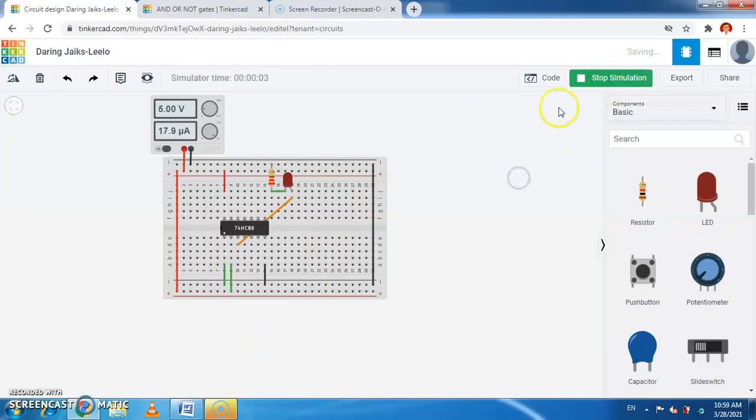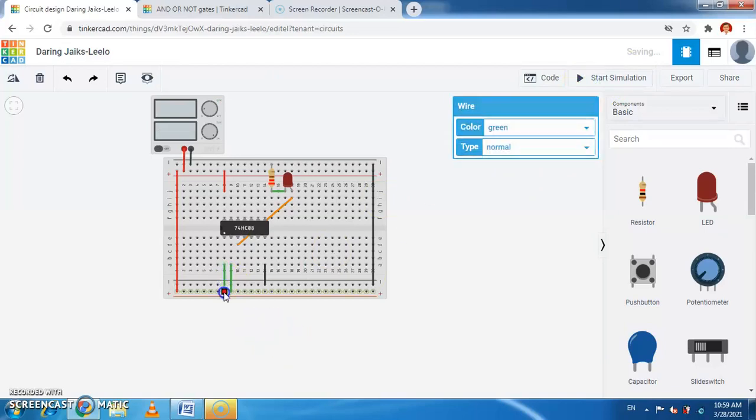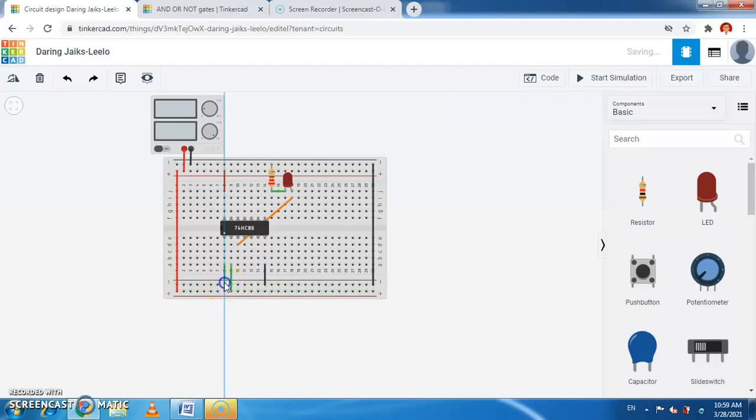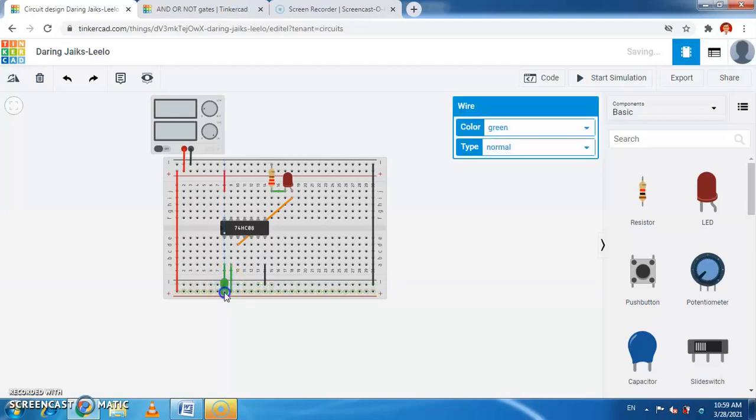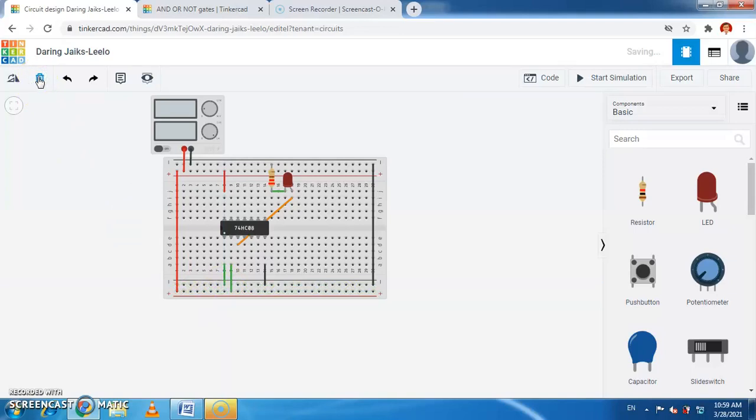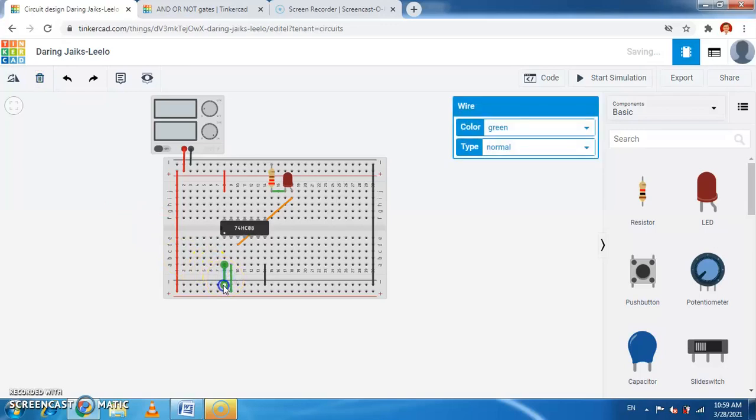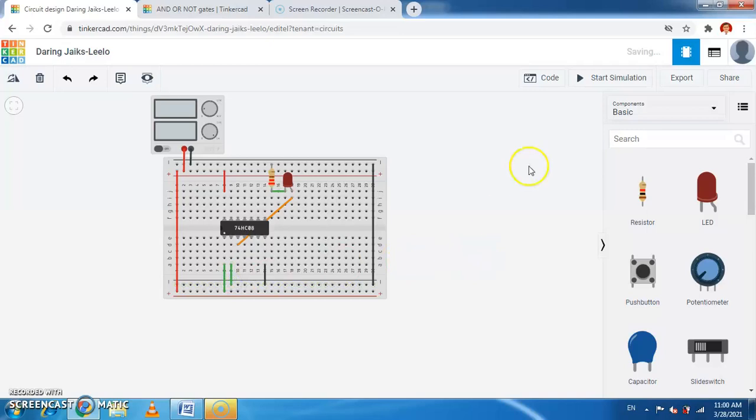And for the next condition we make A 1. You can put it here and connect this, and you can make B 0. Now in this case A is 1 and B is 0. Still the output is 0 here. So in this way we can simulate.